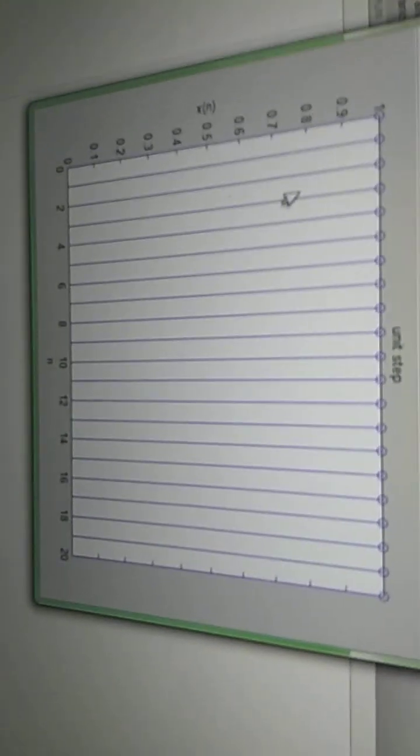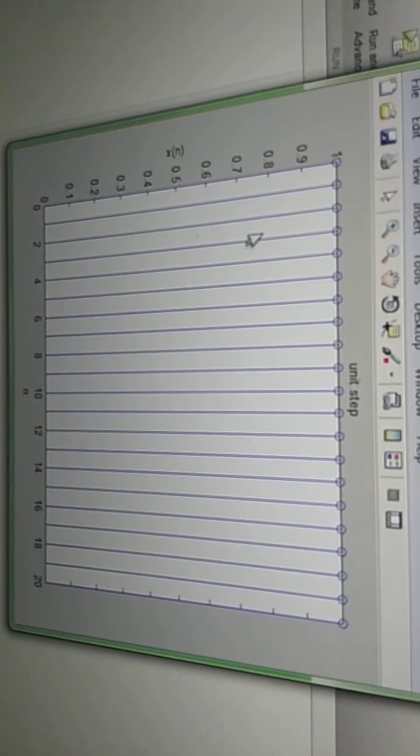This is the corresponding output for unit step. In this experiment, we will use ones. Ones means a 1 by 1 matrix. Here the unit step signal output will be 1, so for that reason we will use ones. And for plotting the signal we will use the stem command.